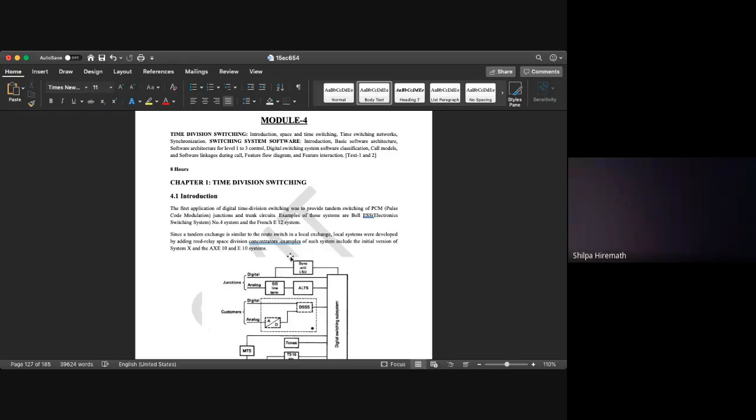So we have started with module 4. In module 4, as I have said, there are two sections. First one is time division switching and the second one is switching system software. So this time division switching, the content is there in JE flood text, whereas switching system software, it is present